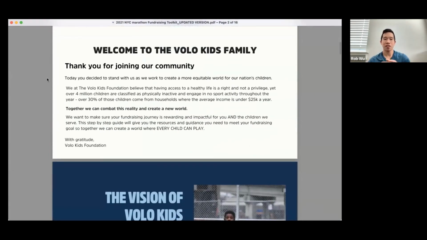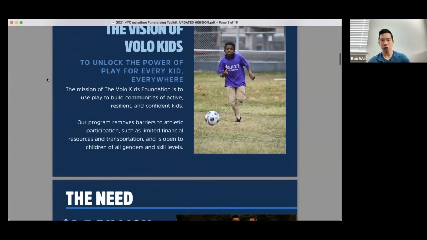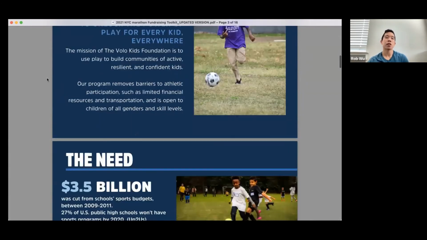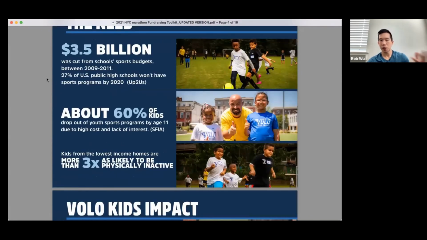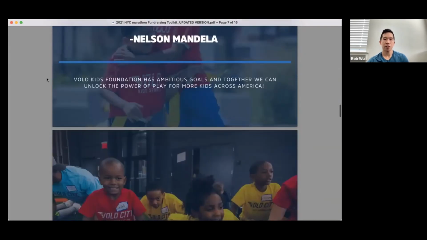So they talk about why people do what they do, like the why of the organization. They're using a lot of visuals here. I like this because it's a little less like a Word document format, like our first two, more like a PowerPoint presentation than a PDF. So it's a lot more visual. So they're sharing that they're really spending a lot of time on the purpose and the why and making it compelling for your participants. Over here, a lot of quotes.